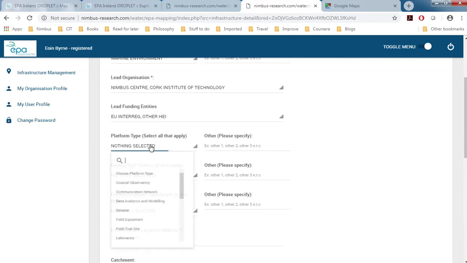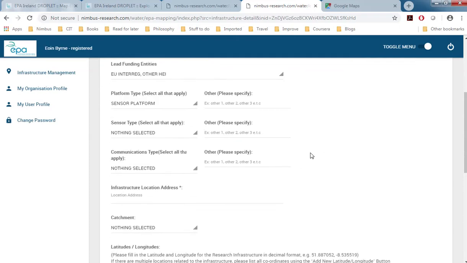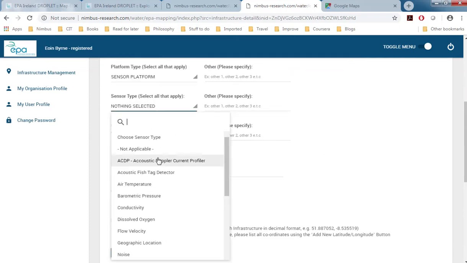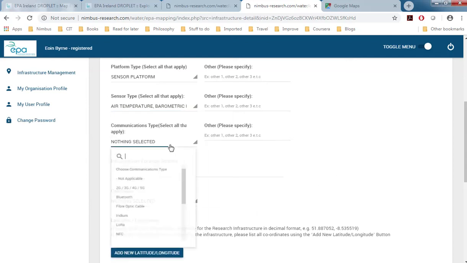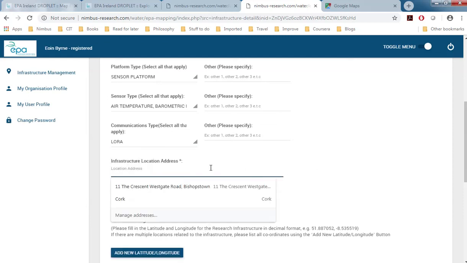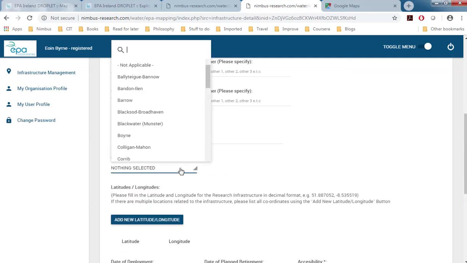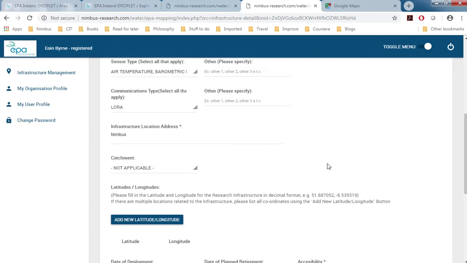We can then select the platform type, sensor platform, and we can add other types of infrastructure there if it's not listed. We can choose multiple sensor types: air temperature, pressure, dissolved oxygen, and so on, and the communication type. We can then add in the research infrastructure address, the catchments it's associated with, if relevant,